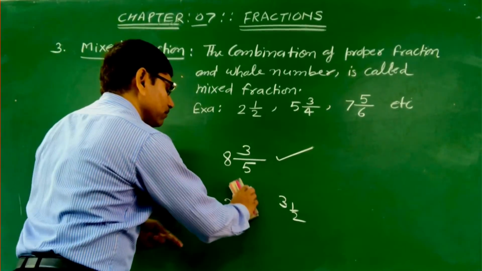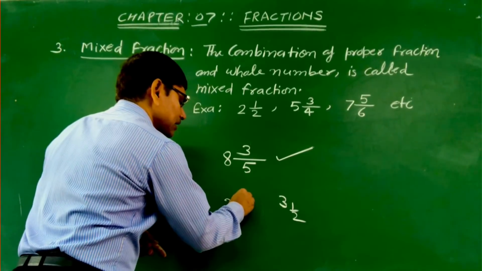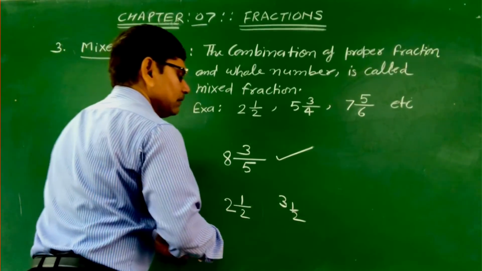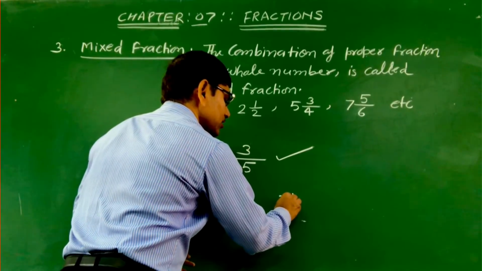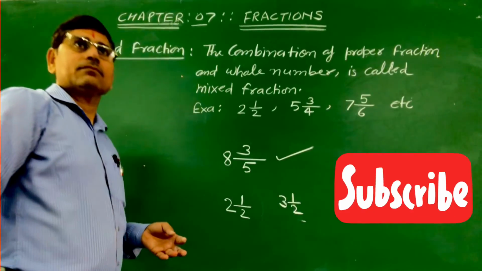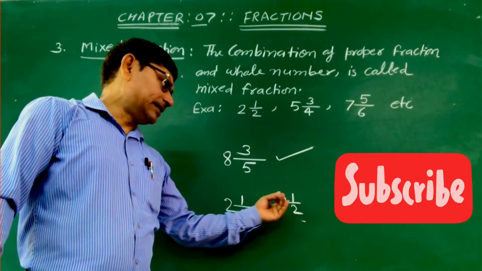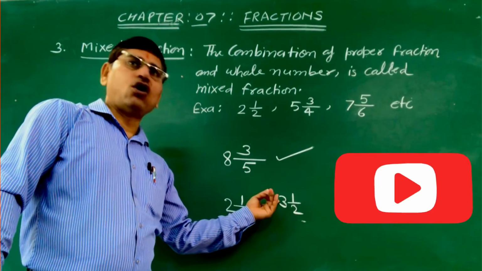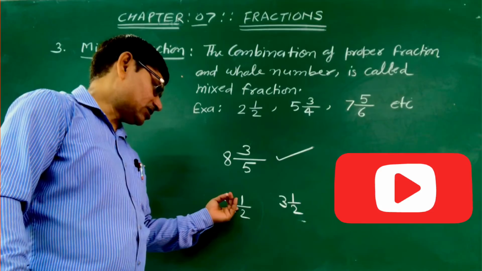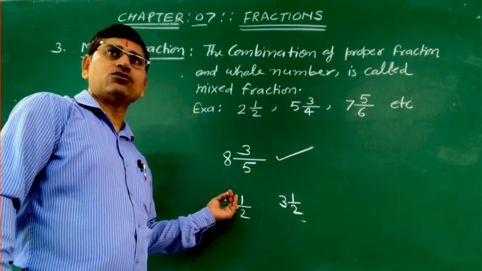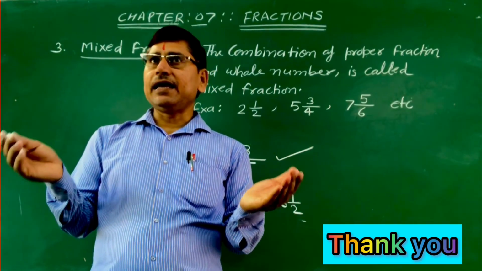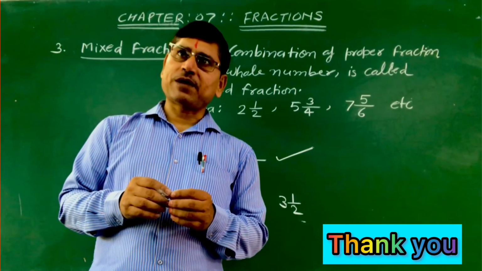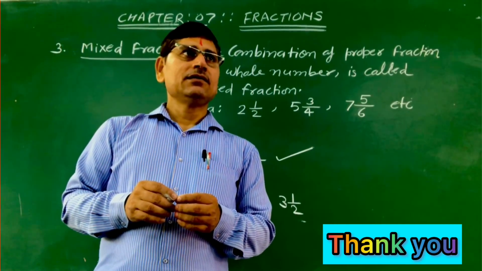If you write 1 by 2 here, that is 1 and 2, and 1 by 3 and 1 by 2, you will write here 3 just like that. Means this divide line just in the middle of 3 and this divide line just in the middle of 2. Then properly you can say that this is the example of mixed fraction. Okay dear? Yes, sir. So thank you.